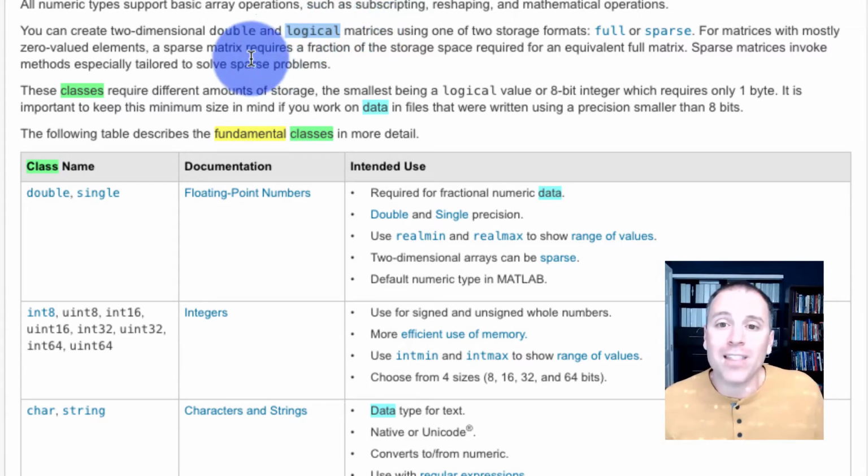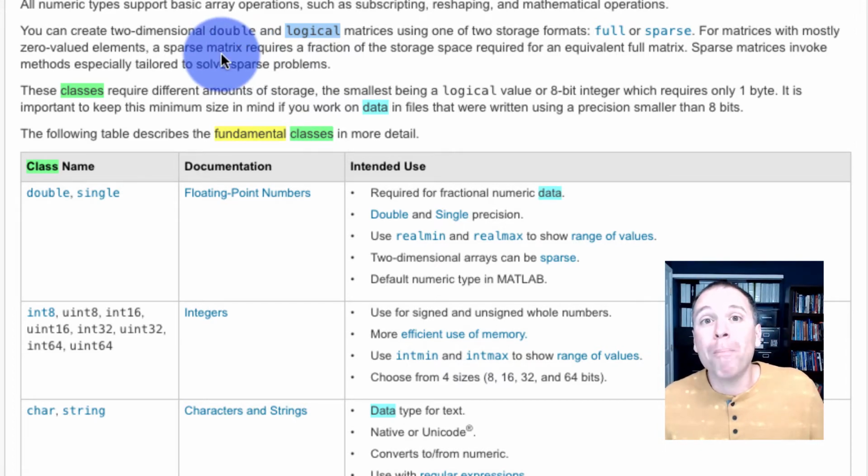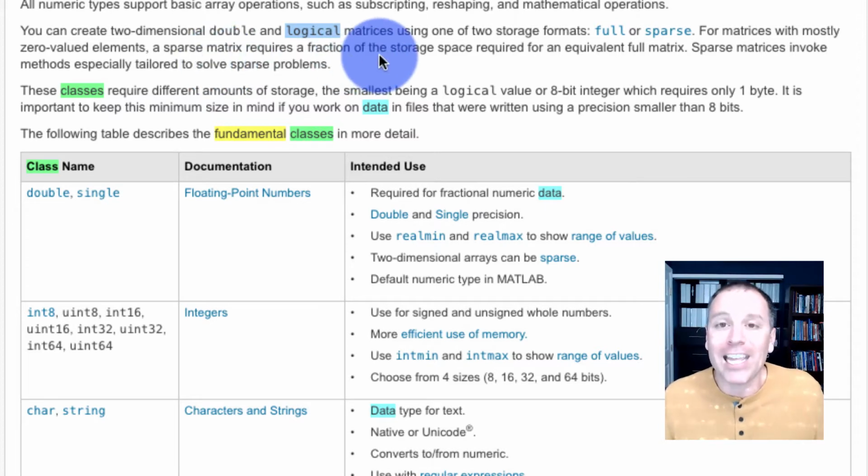That sentence tells me that sparse matrices require less storage space, but require that the entries of the matrix are mostly zero. We'll come back to that in later lessons. The point though is that I am learning now by reading this documentation that I can create something called a logical matrix. That doesn't quite seem logical, but we'll see what they mean by that. Let's go on to the next representation we're going to put down in this particular thing.